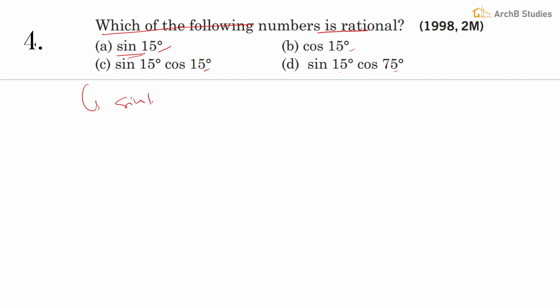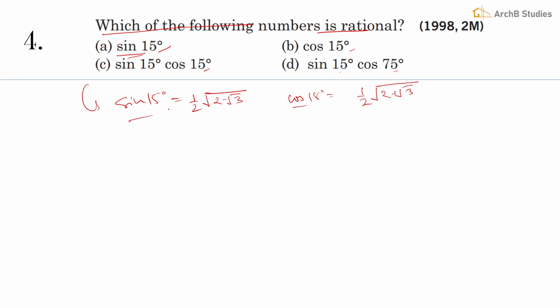Sin 15 degrees is equal to 1/2 under root of 2 minus root 3. Okay, and cos 15 degrees is equal to 1/2 under root of 2 plus root 3. Okay,